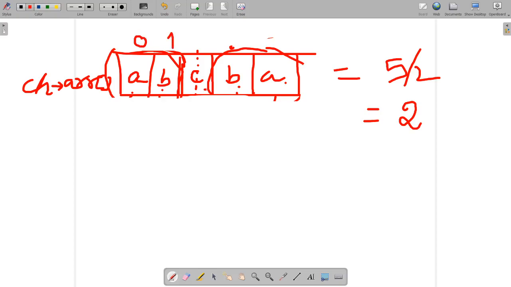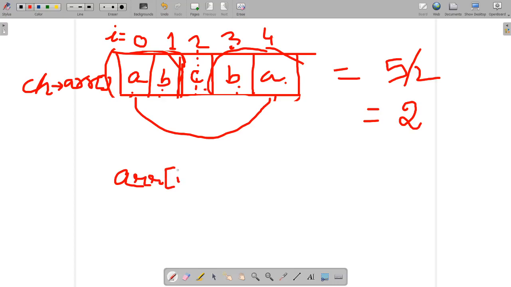The starting index value is always 0, right? Now say I check this one to this one. That means I can take these index values as I. So I will check for array I.